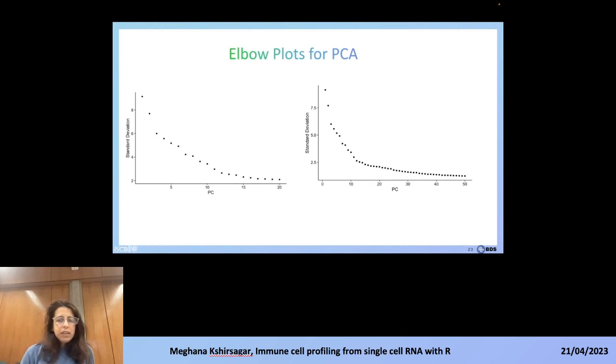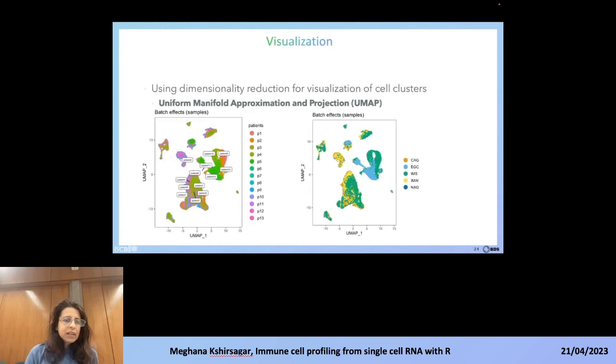Then once we have done this PCA analysis, now we visualize our data set, our samples. Remember that we have a Seurat object which contains samples of 13 patients, and the combined cells amongst the 13 patients was 50,000 before it was made available on the platform. If we look at the 50,000 cells and how they are clustered, we can see on the left hand side that